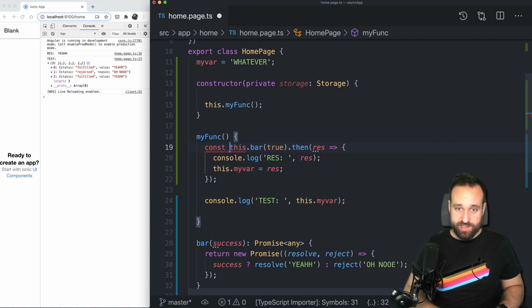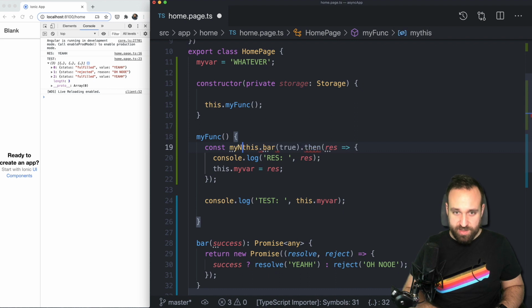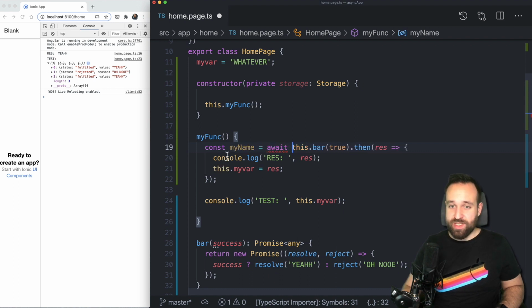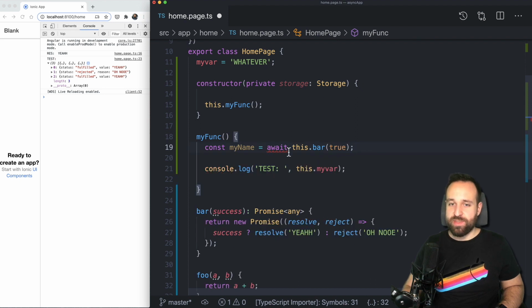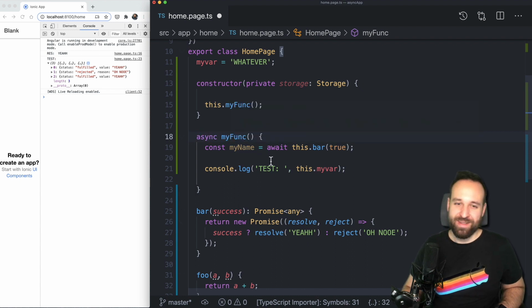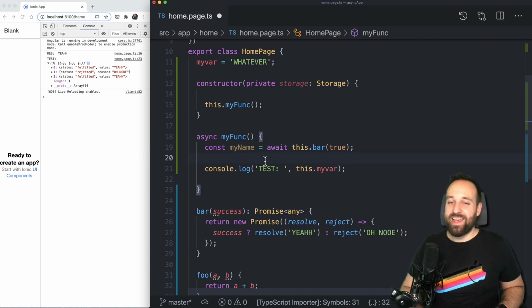So now we can say whatever. I really run out of names today. My name, and I put await in front of a function that returns a promise. Now this will give you an error. Usually you should mark the function as async. That's why it's called async await. Now we can use it, and what you notice is